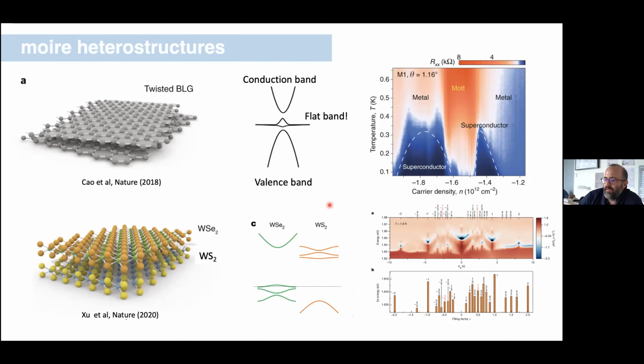Try to vary the size of the moiré pattern and its magnitude, its depth, by combining different materials together. So you can choose different lattice constants and you can rotate, etc. One of the really amazing things that has recently come out of studies of the TMDs, and I'm just showing one example of that here, is that there's a complex network of insulating phases in these systems. In addition to the half-filling Mott gap, there are a number of charge density wave states that emerge. This is all driven by interactions because, again, there's a route to engineering basically a flat system in these heterostructures.